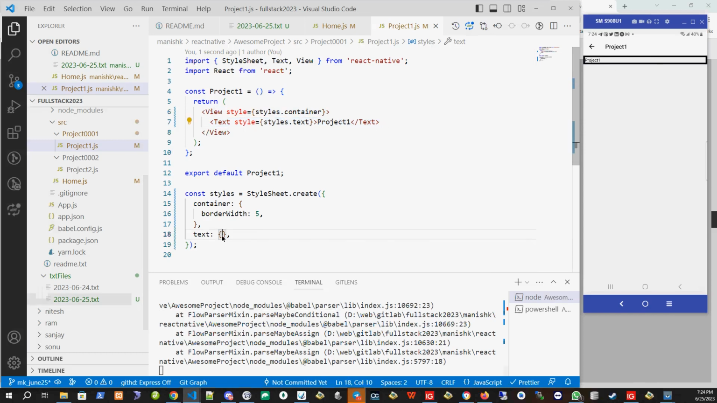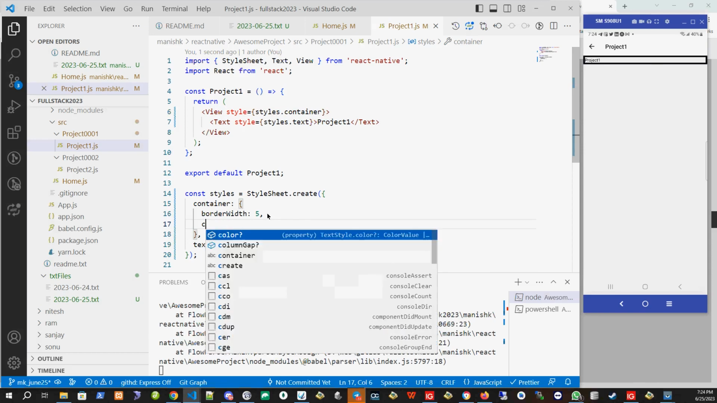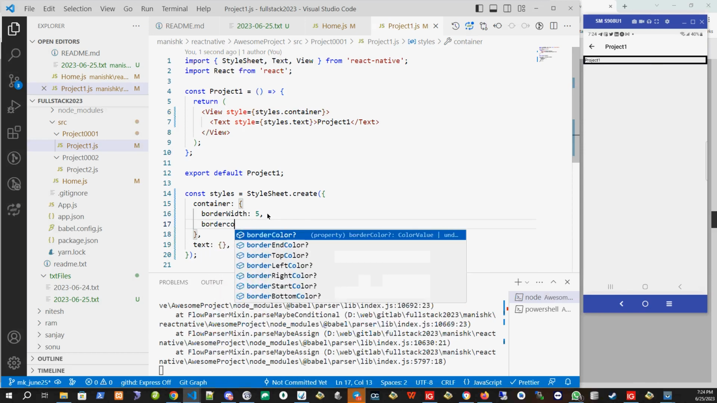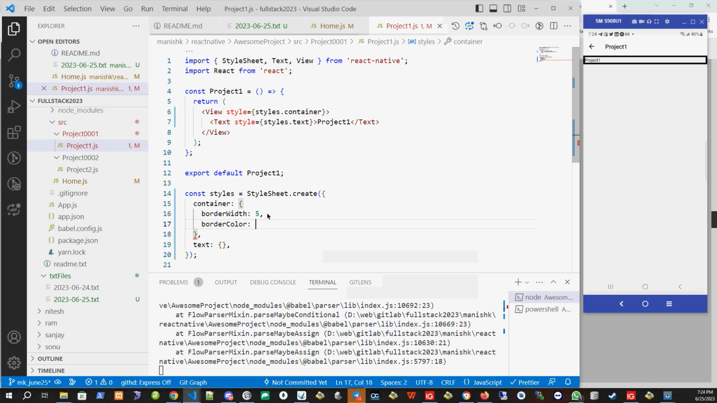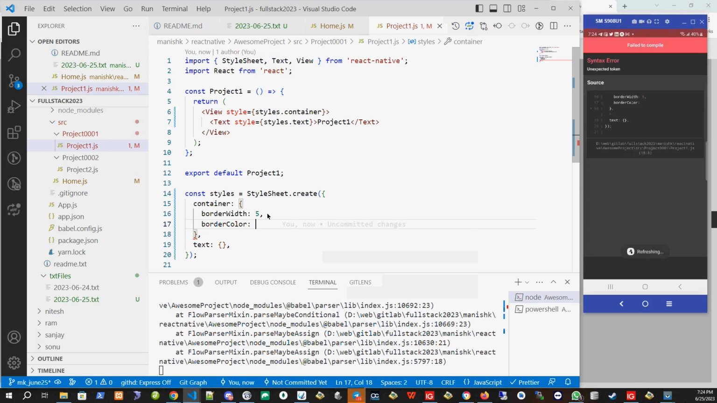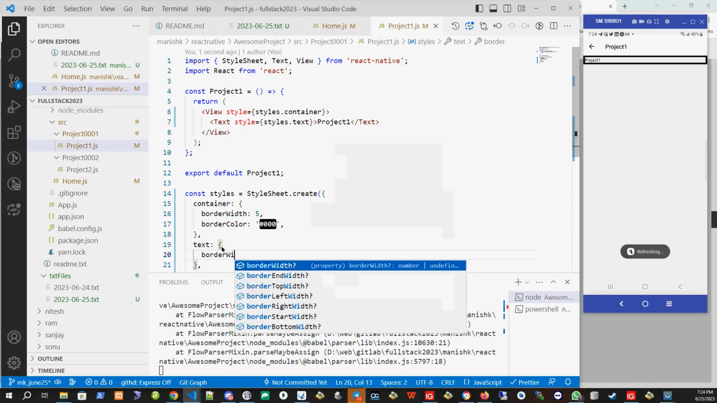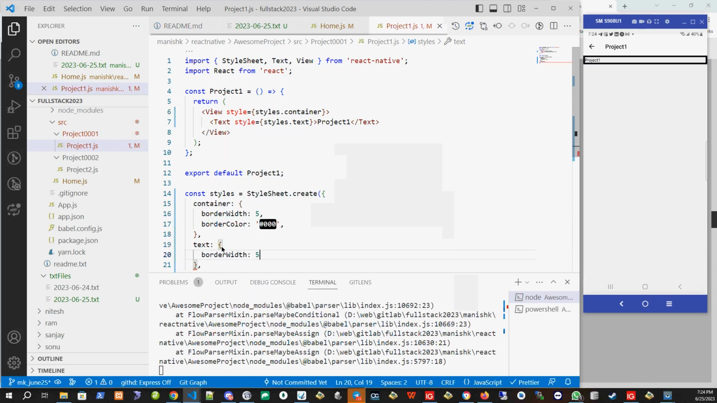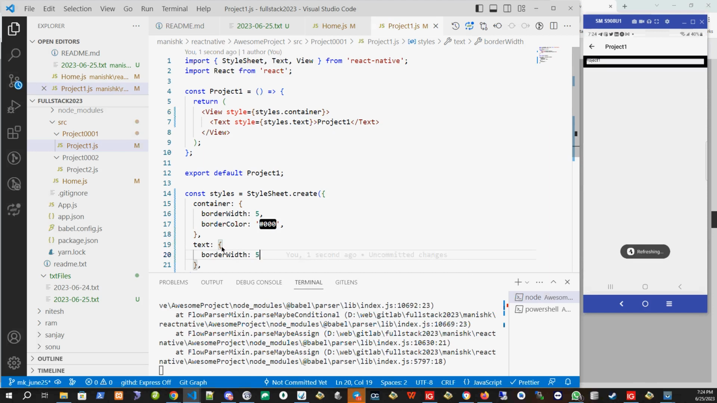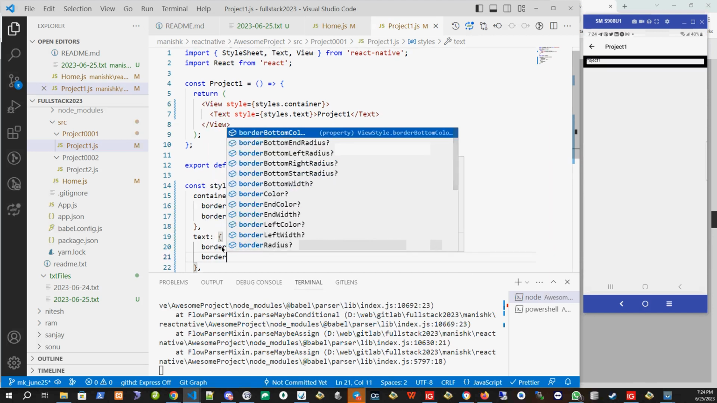For the text one, I can give color also. Okay, let's give the border color. So you have to write it like this, not the website way. So maybe I can say black or #000. Okay, for the text one, I will give border width of 5, and I will change the border color